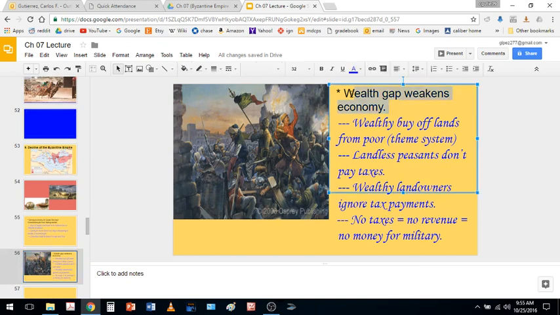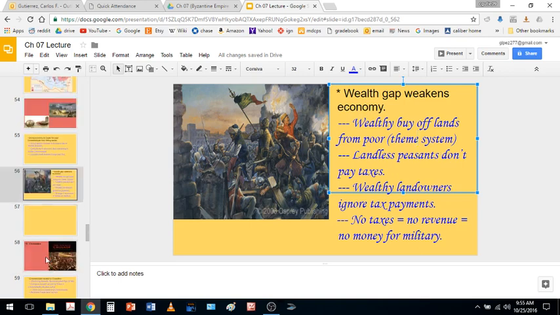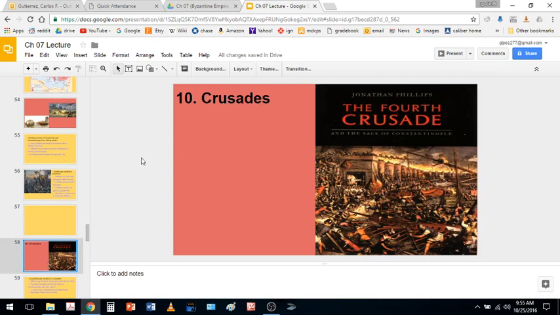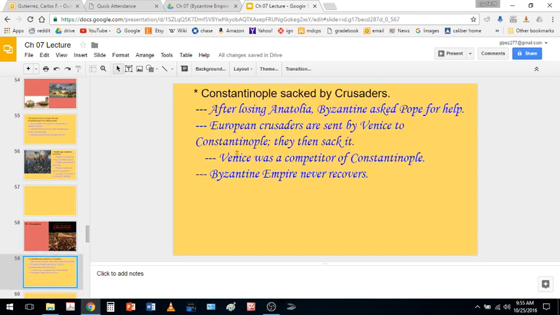We mentioned before this wealth gap that developed, right, between peasants and the rich aristocracy, the rich nobles. And the end result is that it will weaken the military, which will weaken their defenses and cause invaders to come in and conquer. Another reason they decline is the Crusades, right, which we'll talk about in another chapter. But basically, during the Crusades,